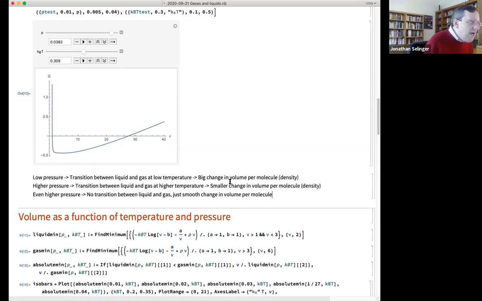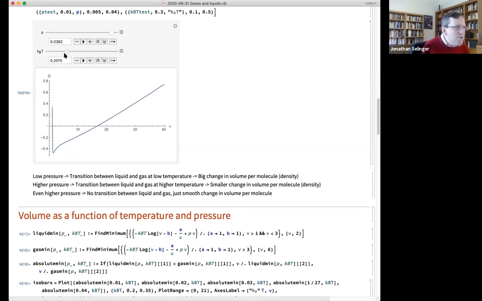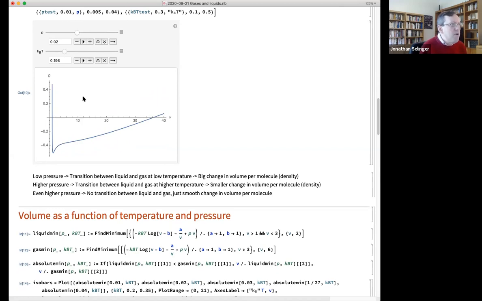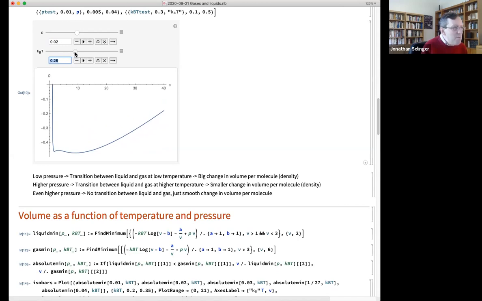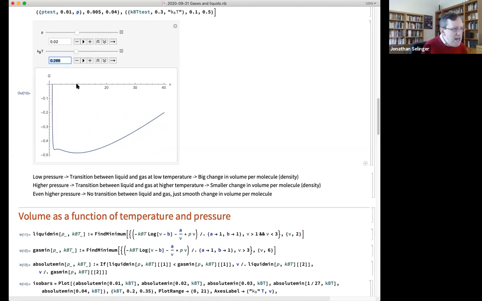And so I could do that by just changing temperature and pressure and writing down where's the minimum, okay? So I could say, you know, I'll write down in my notebook, there's this pressure, there's this temperature. What's the minimum? Okay, it's about 1.8, okay? And then I raise the temperature. Now the minimum is about at 10,